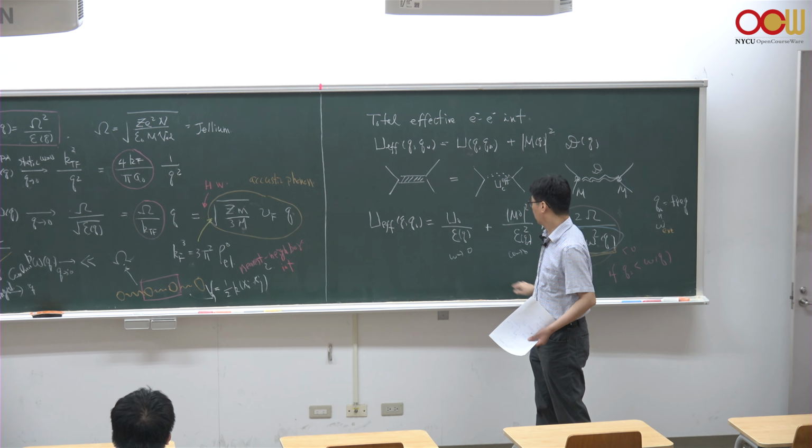Where omega is larger than omega of q, you get this positive value of effective electron-electron interaction mediated by phonon, and the saturation value when omega goes to infinity, or very, very large, corresponds to this RPA